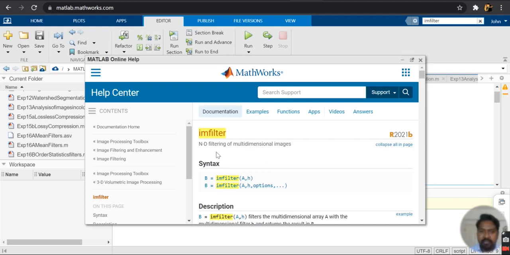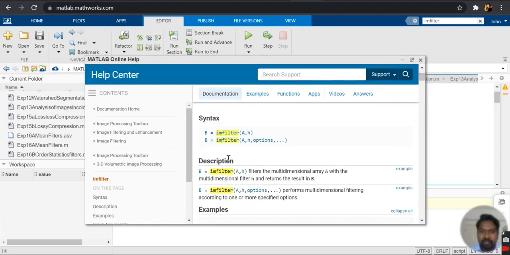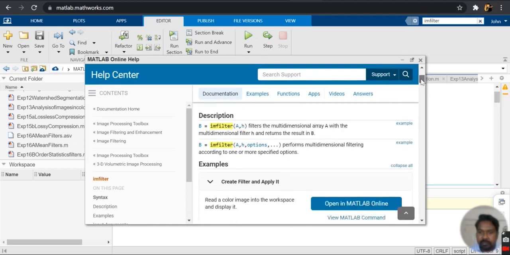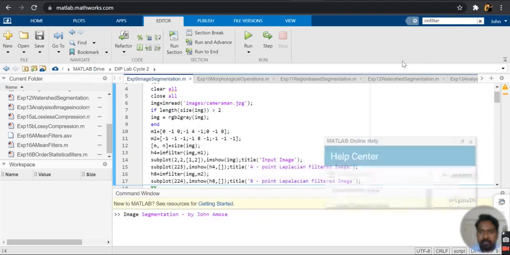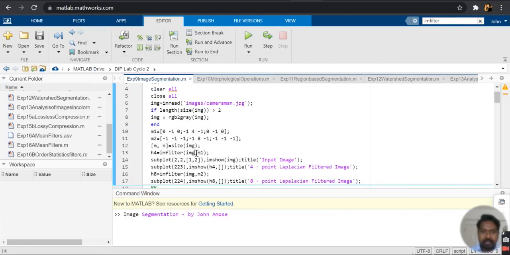As we see, imfilter is n-dimensional filtering of multi-dimensional images. We use the function name imfilter. We'll have two input parameters and an output parameter B. In our particular application, the first parameter is going to be the input image, which is cameraman.jpg, and the second value is going to be the filter.